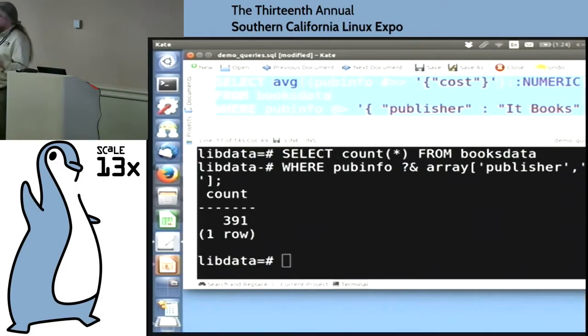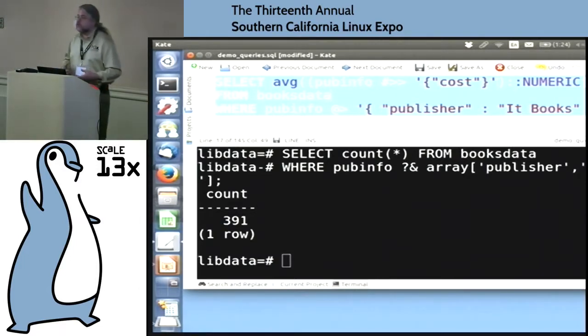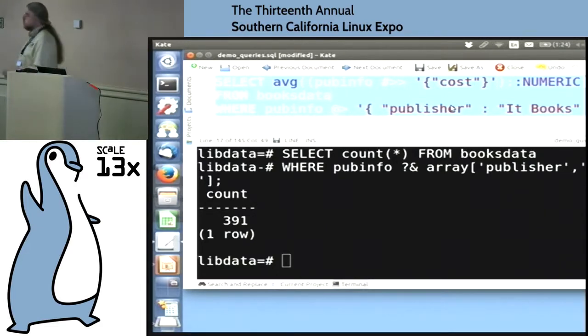I don't have an example here of doing windowing functions and CTEs with JSONB, but you certainly can do them. In this case, I'm going to put the two things I just did together, and extract the cost from the book's data value for every blob where the publisher is It Books, just like we would do if these things were in separate columns.